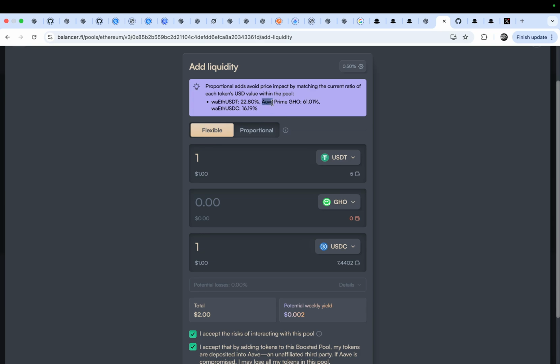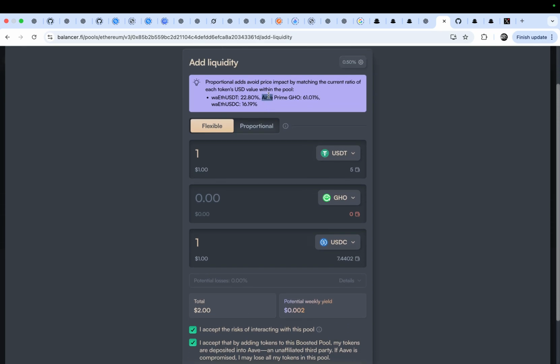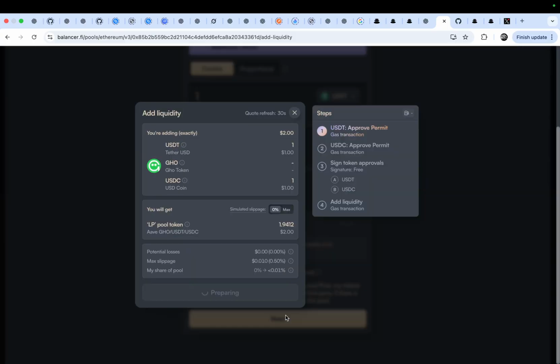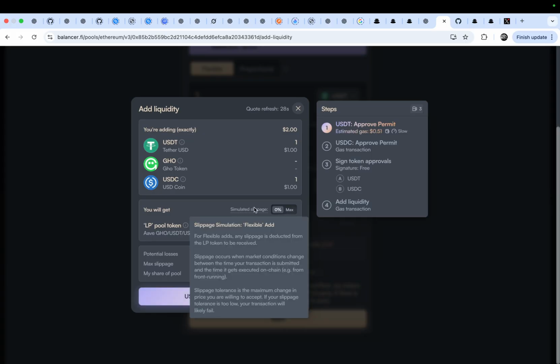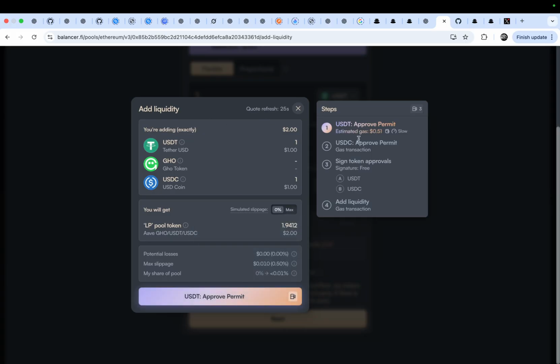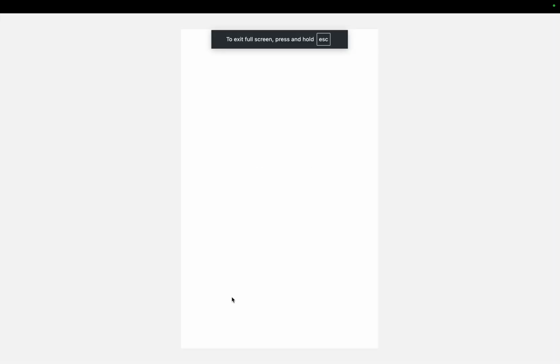This is another linked protocol. Next, add liquidity, the gas fee, and approve permit, sign token approvals, add liquidity, approve the permit.